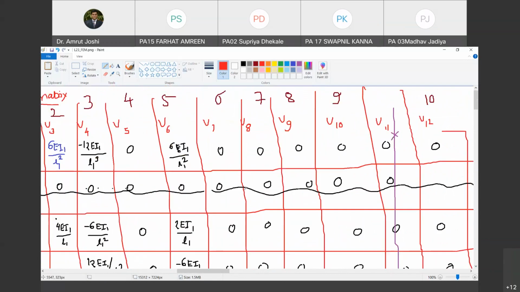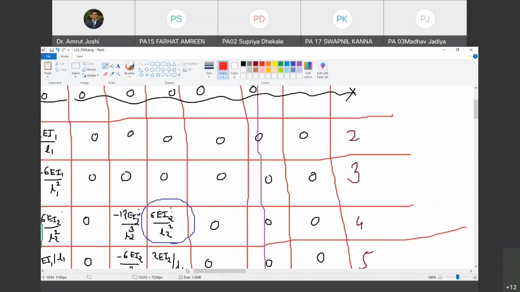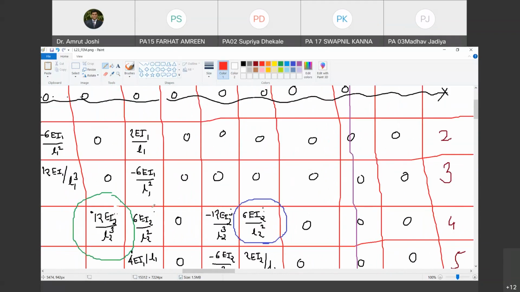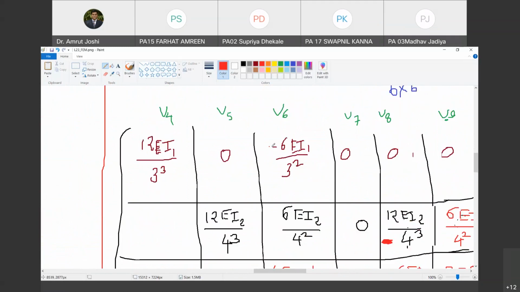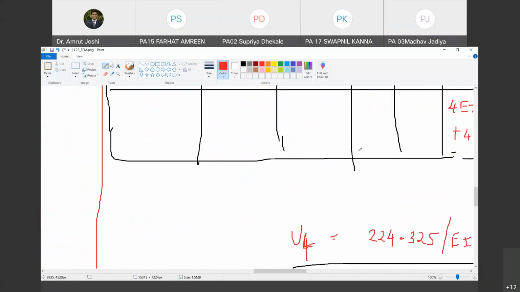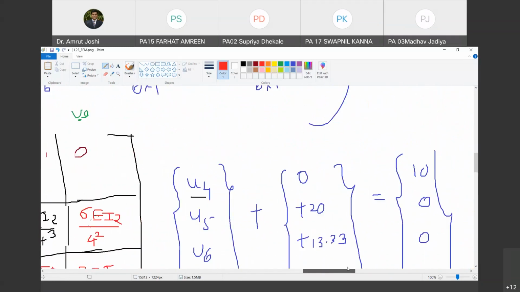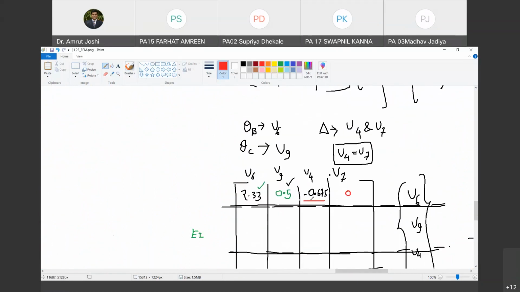U6 एंड U4. वेयर इज U4? 1 2 3 4. ये 1 4 एंड U6. ये तो प्लस है. आर यू विद मी? हाँ, हाँ तो इसका मतलब है हमने यही गड़बड़ कर दी. लिखने में गड़बड़ कर दी. ये माइनस है ही नहीं, प्लस है. So therefore these answers are also not correct. We will correct that later. But let us first find out what are the mistakes. So ये plus आएगा. So therefore this is going to be plus.